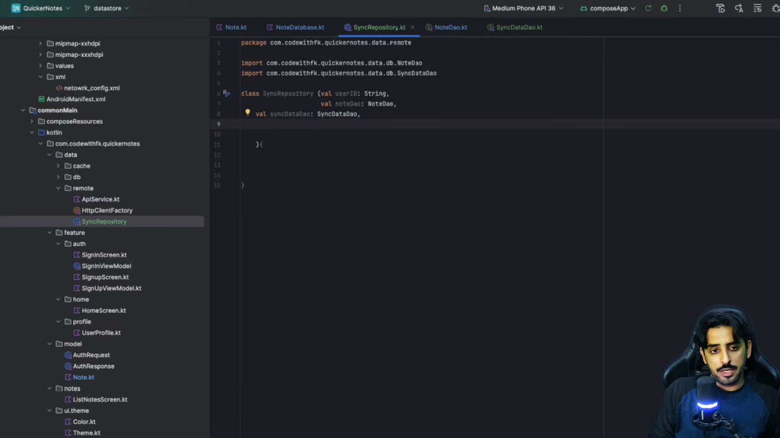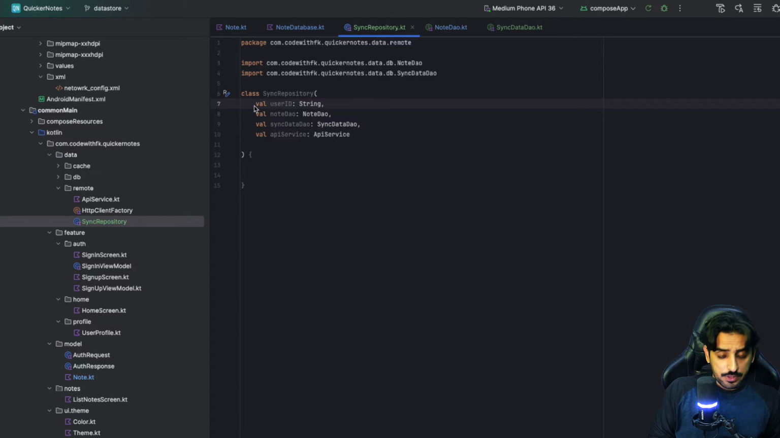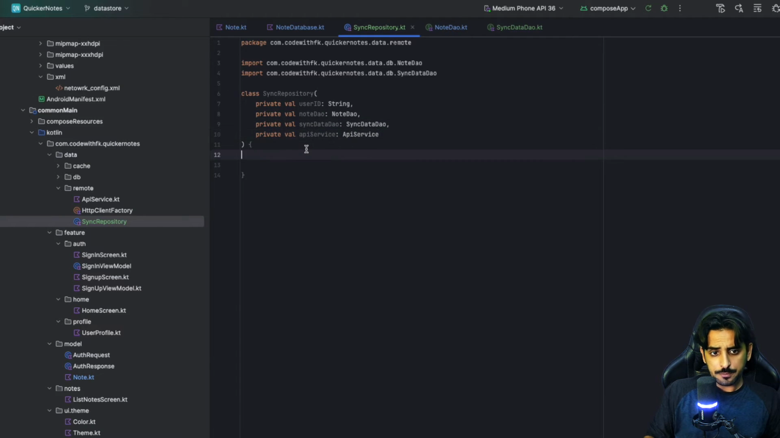Lastly, it's going to be the API service. Okay, so these are the things we need. I'm going to make it private as well, so we don't use them outside that. That's one thing. Second thing is that we will be creating a state flow to manage